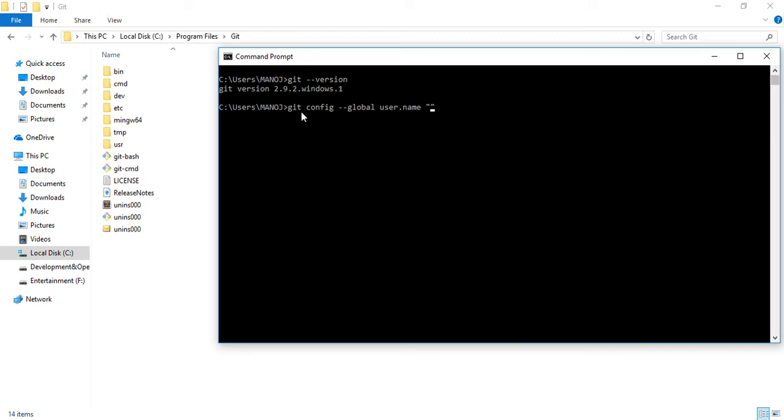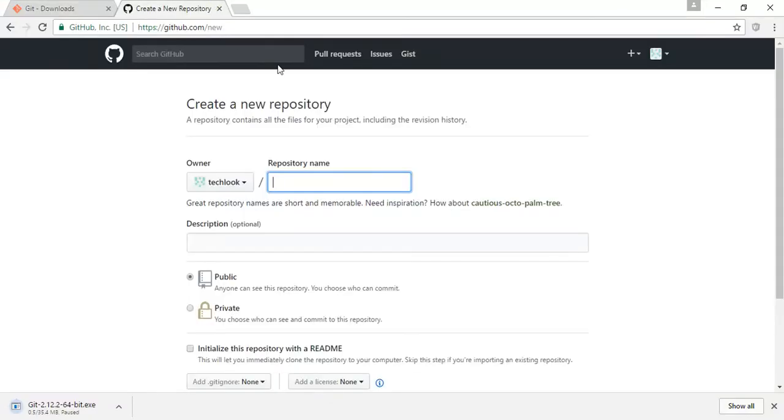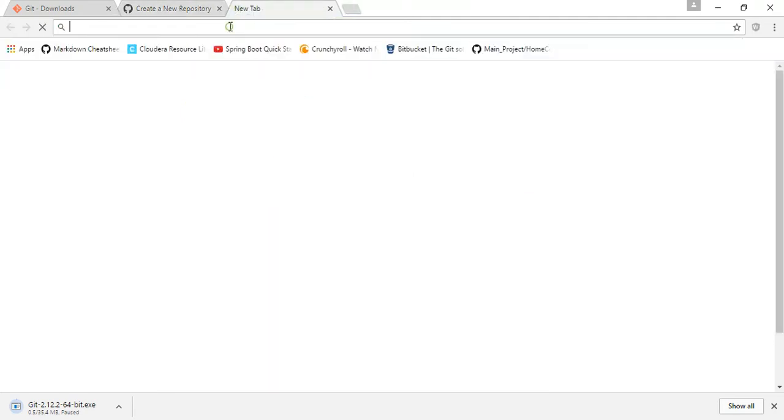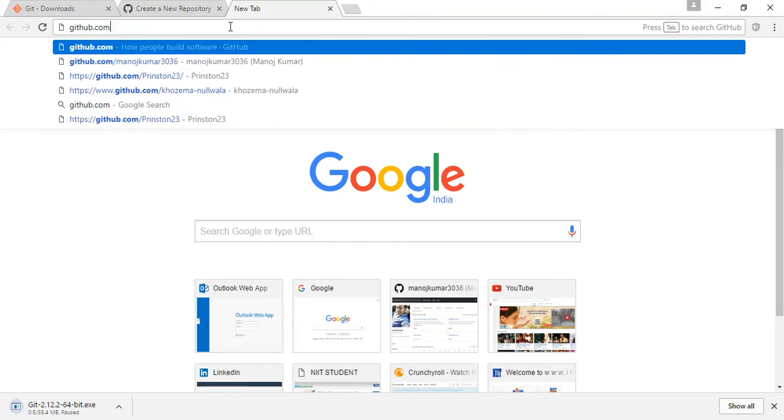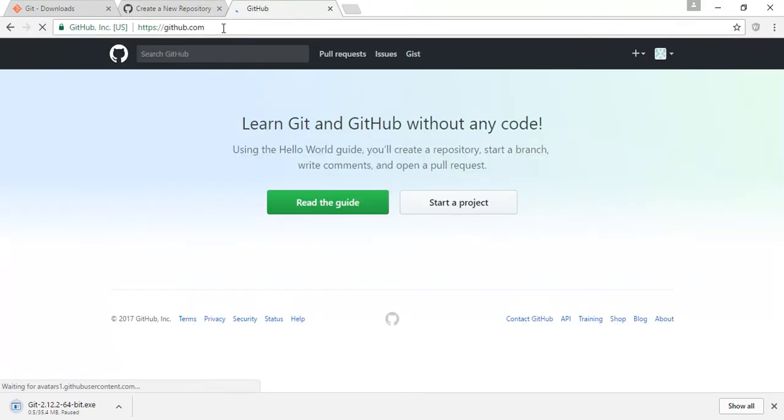In my case, the user name is related to the online repository, the username which I have given while creating the profile. So you need to first create a profile. For creating the profile, you just need to go to github.com. When you request this,